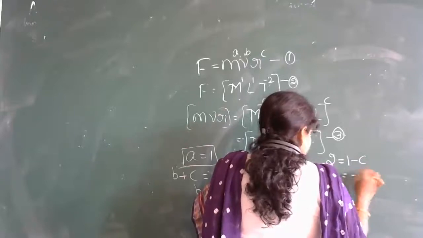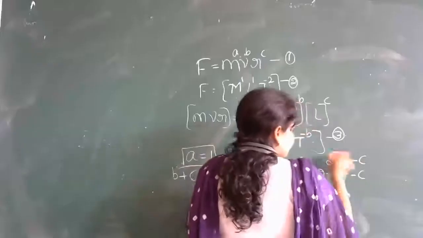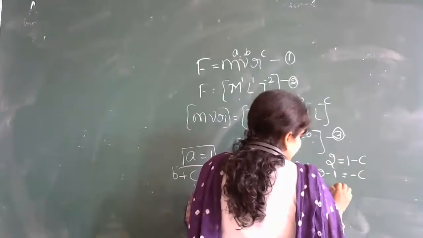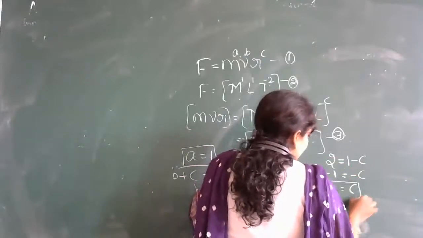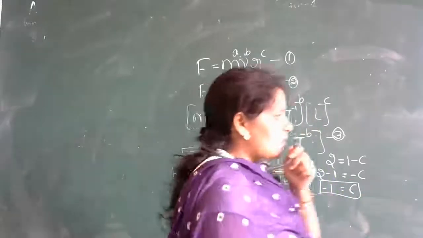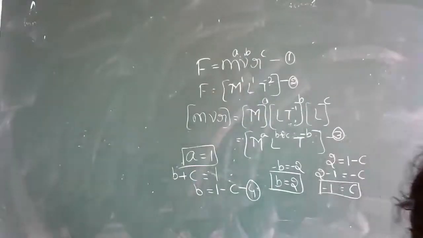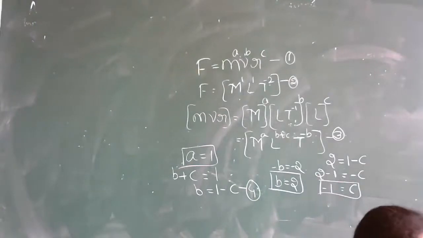Therefore, minus C is equal to 2 minus 1. Okay, this becomes what? 2 minus 1 is 1. That is equal to minus C. Therefore, C is equal to minus 1. Everyone just see the value of A, B, C from the board. If anybody has any doubt, you can ask. गौर से देखो, कुछ doubt है इधर? Just check.